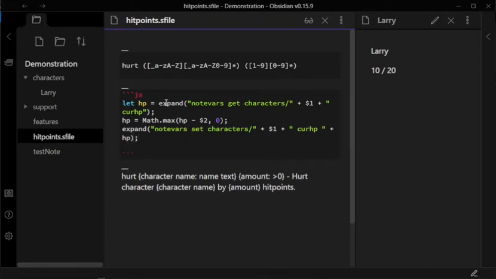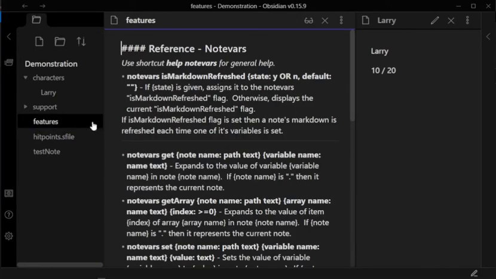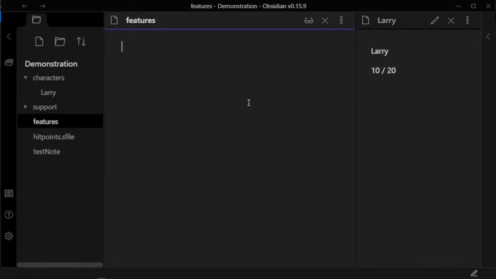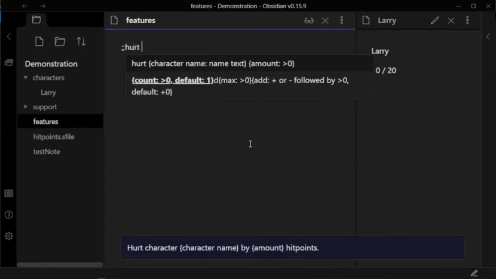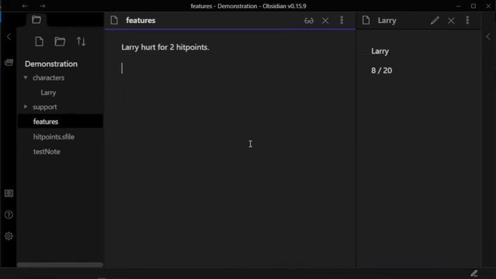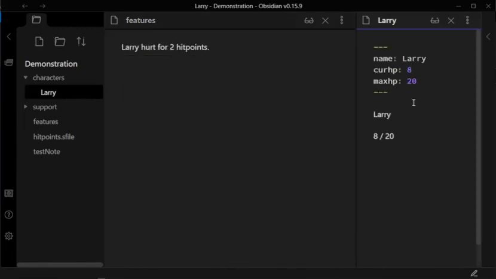And finally, we're going to let the user know what we've done. And I always put in double new lines at the end for a nicer layout. Now let's try this new shortcut out. We'll try hurting Larry for 2 hit points. Okay, there it is. You can imagine a whole game system being set up in this way using notevars on